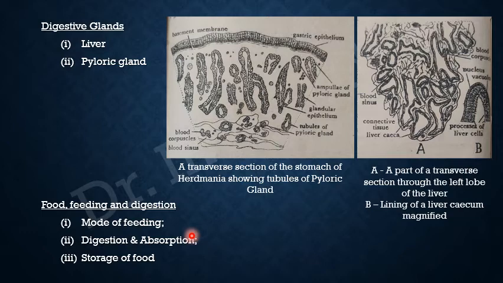So this was the mode of feeding. Now we come to digestion and absorption. Digestion takes place in the stomach. The digestive enzymes are mainly contained in the yellowish brown hepatic secretion, which is brought from the liver into the stomach obviously by the hepatic ducts. The function of the pyloric gland is still obscure, but probably it is pancreatic in nature. The exact nature of the digestive enzyme is not yet known.